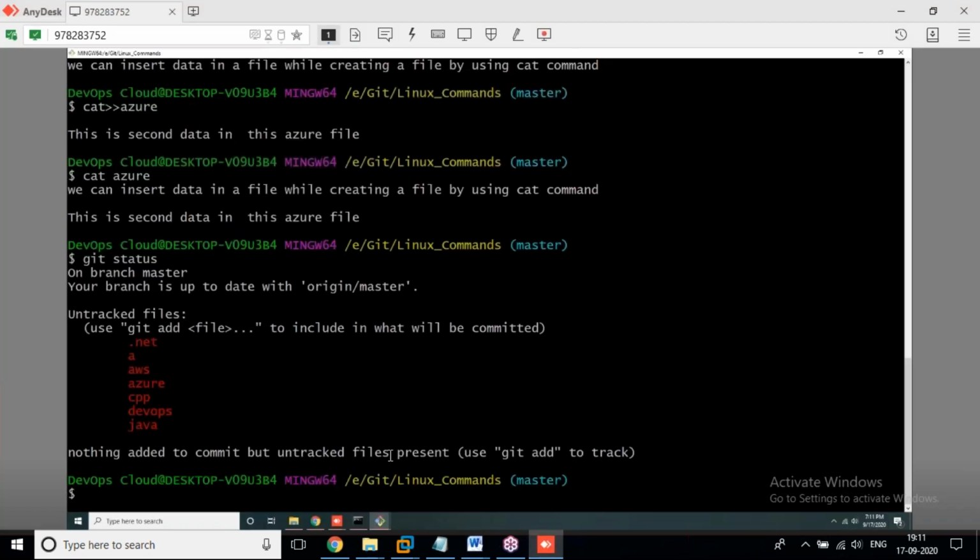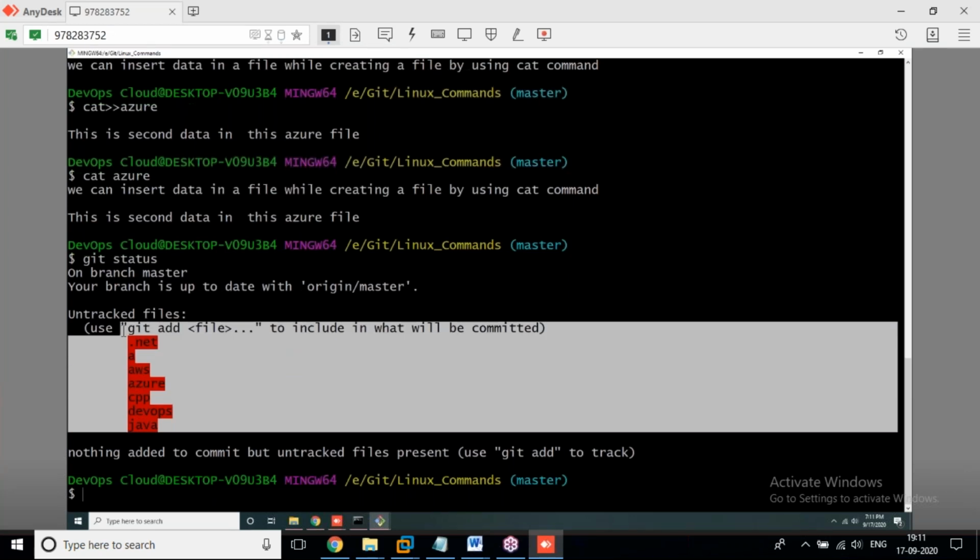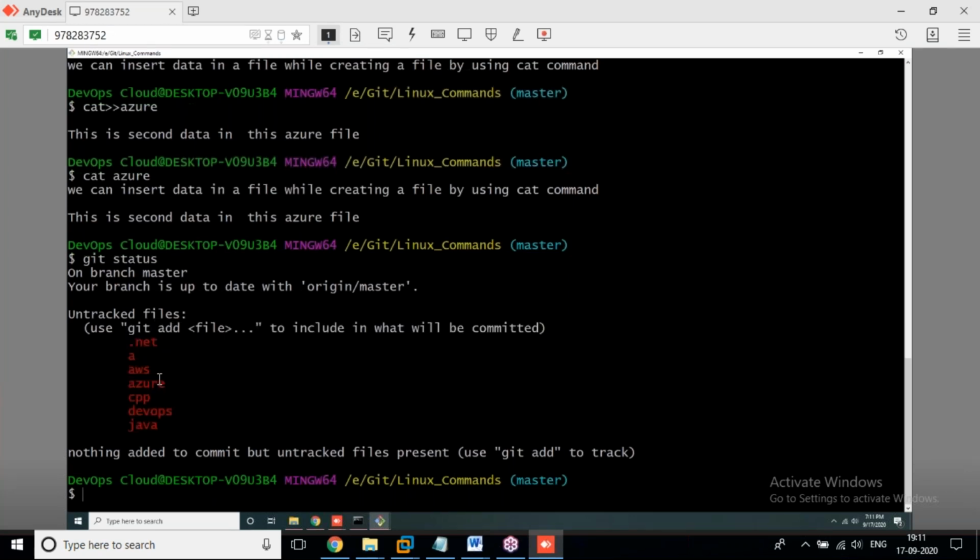Now, guys, keep in mind for today: whenever you see red color files by the git status command, it means those files are located in the working directory. Whenever you see green color files, it means those files are located in the staging area. Red color files are in the working directory.